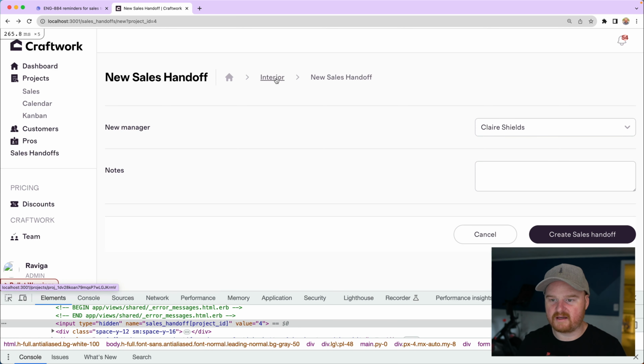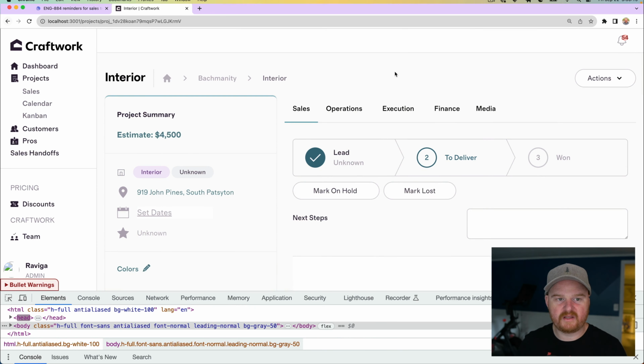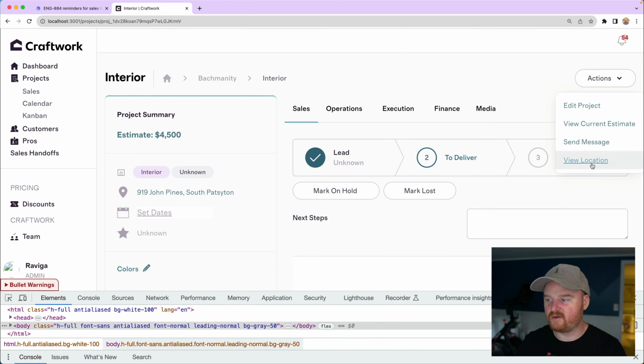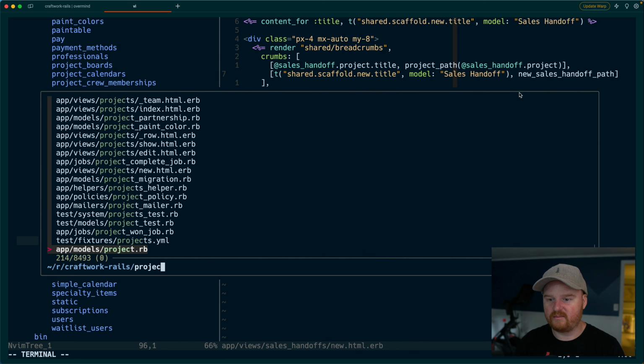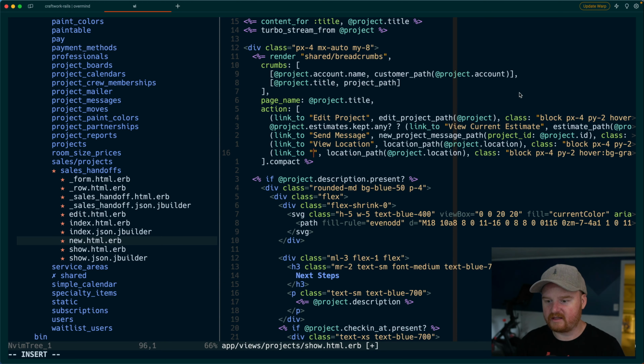I think that, okay, so this gives us a way to get back to the project. The other thing is that from the project view, I want a new action here that's going to be like a handoff or something. So from the project show page, we'll add a new method down here that is like handoff. And we can do this like if at